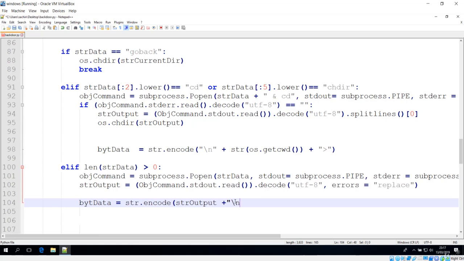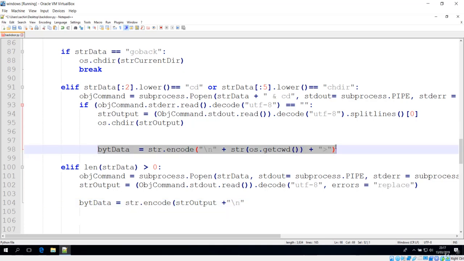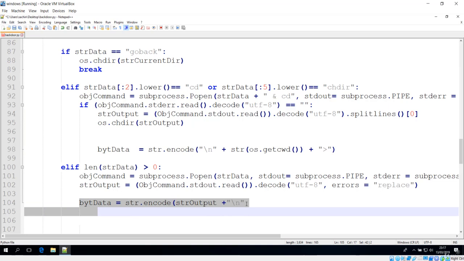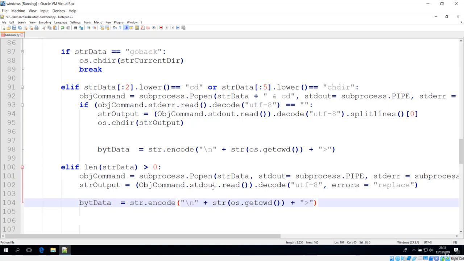And now the next thing you have to do is get the current working directory, same as before. So it's better to just copy everything. Let's paste it down here. The difference between over here and here is only the commands. So this should have the cd command or chdir command, and this command can be anything. We're just executing it over here in the same way that we execute in the case of the cd